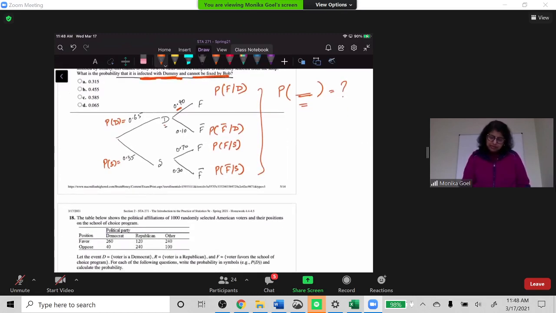Does that make sense? So first you need to look for the probability of not fixing. So under what case it is not fixed. So work with that. And once you know the probability of not fixing, then you can find that it is not fixed and it is infected with dummy. So I hope you understand what goes here inside, what is given to you. So first find that given probability, not fixing, and then find that it is coming from the virus dummy. And same thing, the question can ask you, the virus is Smarty, can be fixed, cannot be fixed.